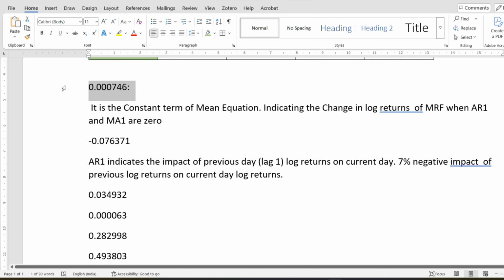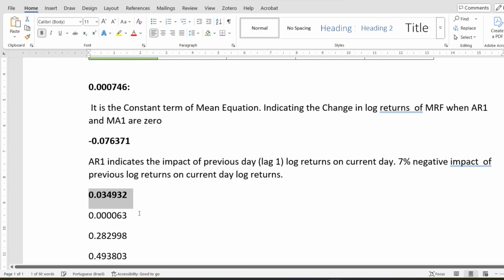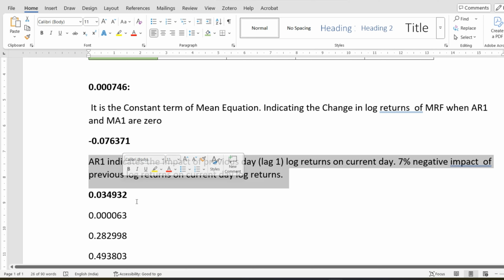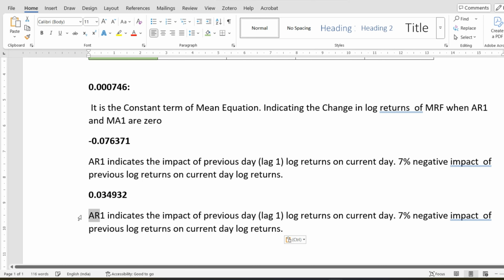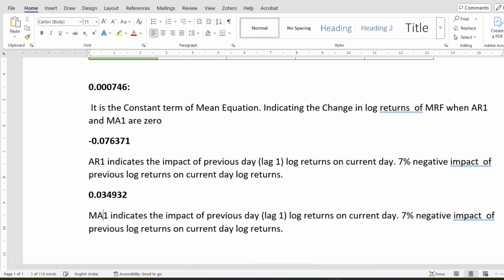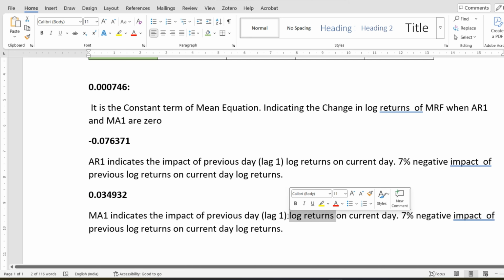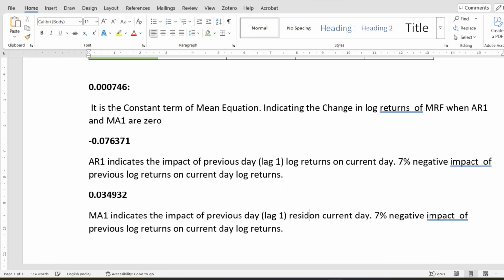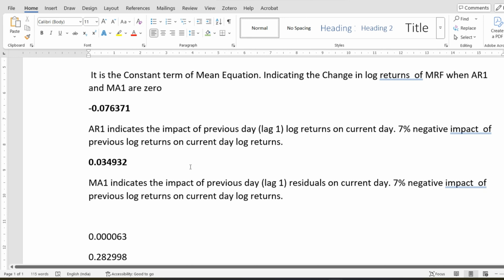So this is my constant. Now this is my AR1 term. Next one is MA1. While writing the analysis, you can mention what it actually means. MA1 is moving average one. Normally it talks about the residuals. It indicates the previous day log return. Instead of that, residuals on current day. You can see positive impact